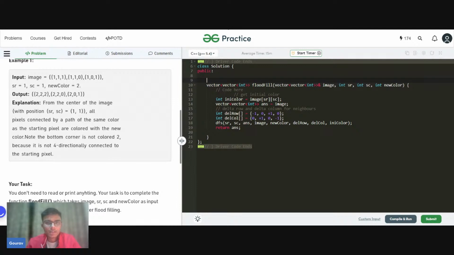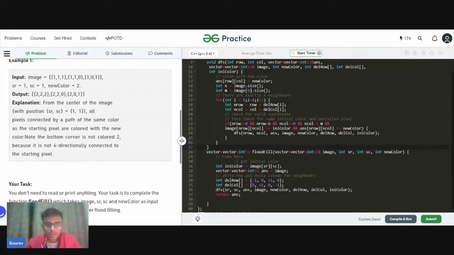After that, I have to now write the DFS code. So how will the DFS code look? What I'm sending in my DFS code are a few parameters. The first parameter and the second parameter are the coordinates of my starting point. So initially I'm sending SR and SC, the starting point.